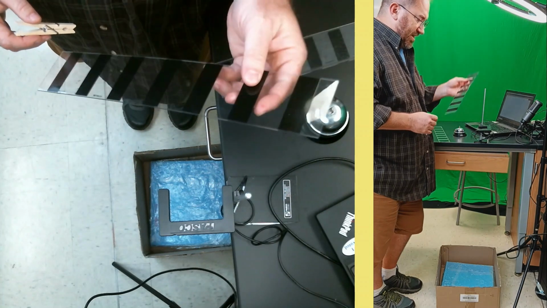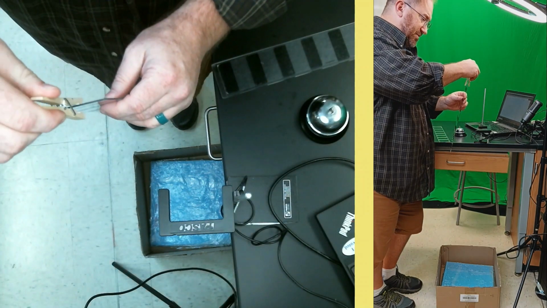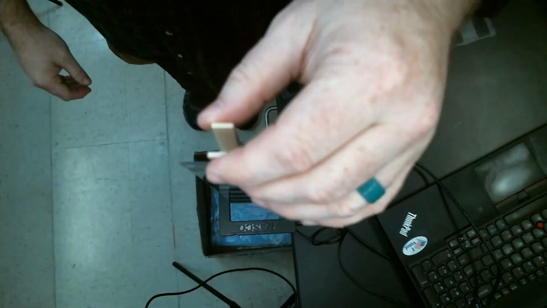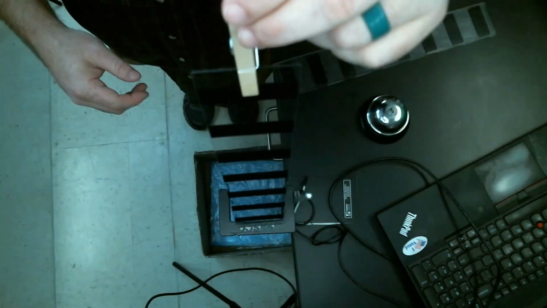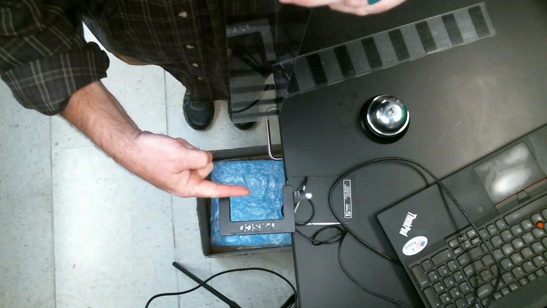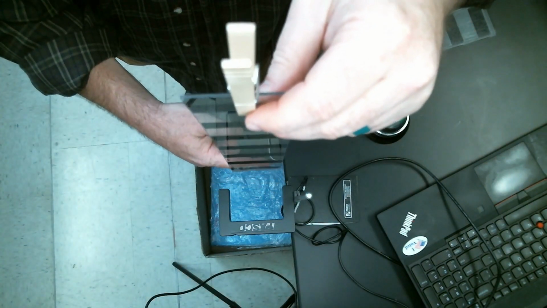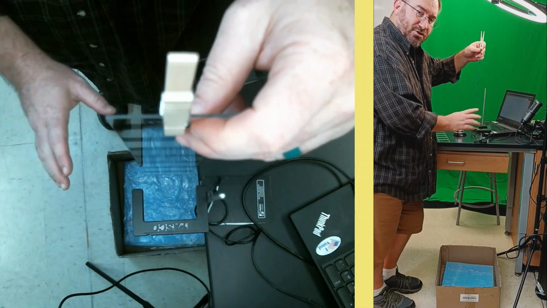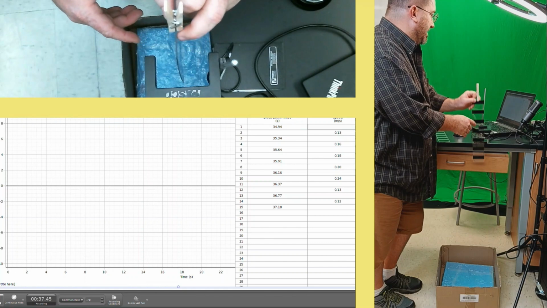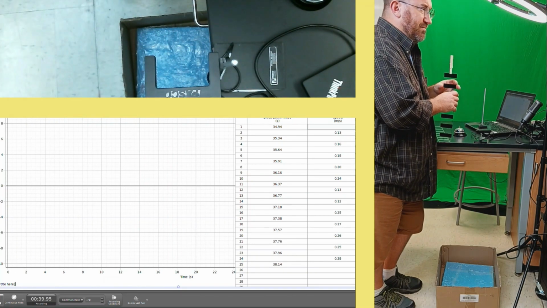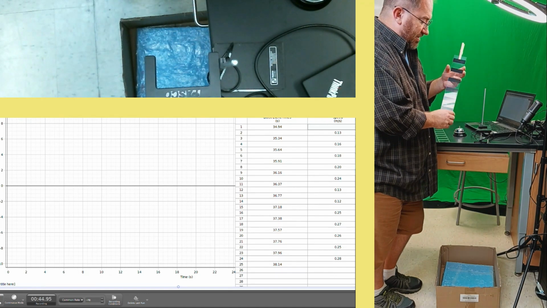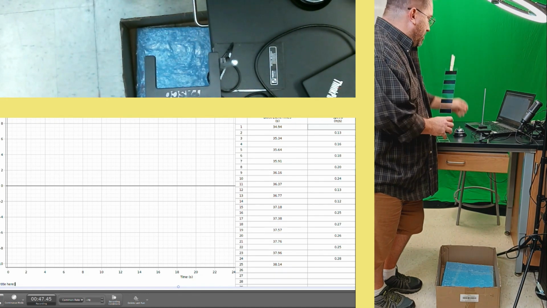So you take one of your picket fences, clamp it, try and get as close to the center as you can. Now you'll notice if you drop it this way, as you'll see in the picture here, I'm dropping it where the laser beam is going this direction. This is not going to do a great job of blocking that. So we want to turn it sideways so that it falls in between and does an effective job. As you can see, it's now collecting data. It's hidden behind the image on the screen here, but you can still see that this is collecting data. So once again, I'm going to stop this,